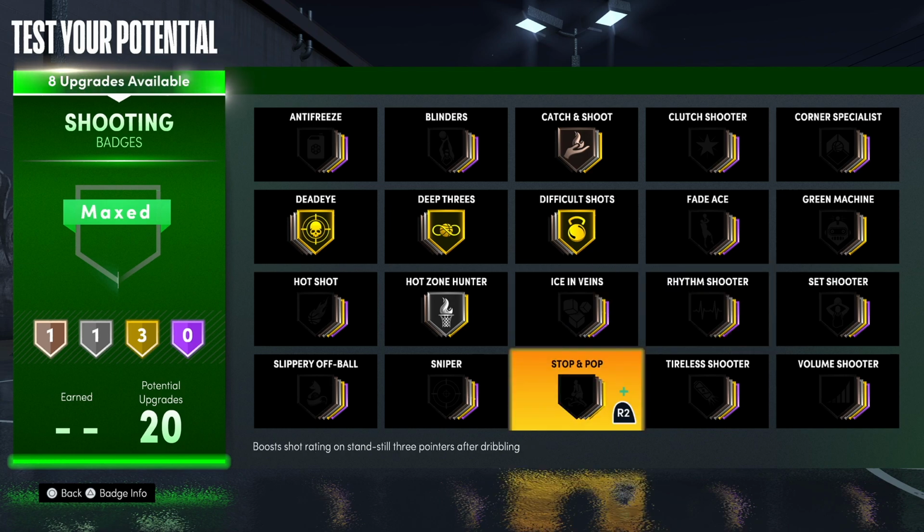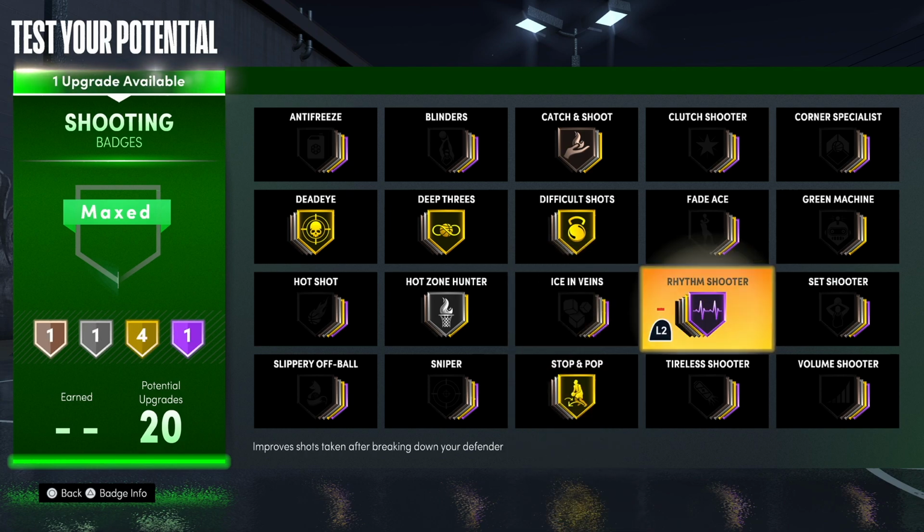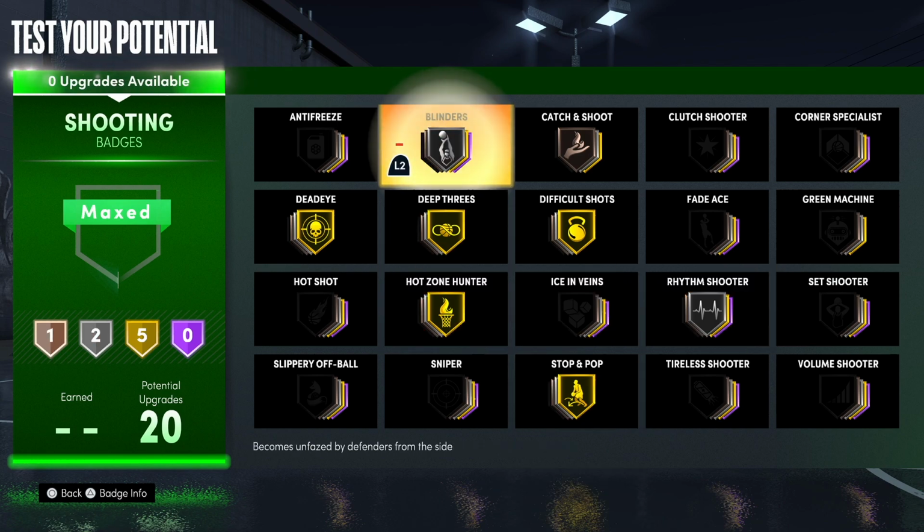So I think definitely stop and pop. Let me think. Stop and pop, rhythm shooter. You get that Hall of Fame though. I don't know how good that badge is. If you're cooking, breaking down your defender, I don't know if it works only after breaking them down. That's what I'm saying. But stop and pop for sure. So let's do...